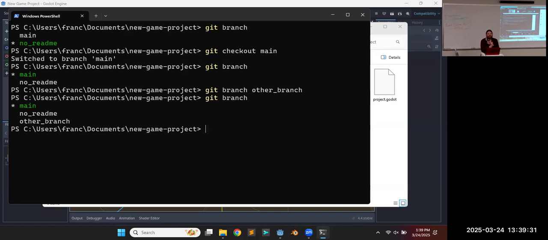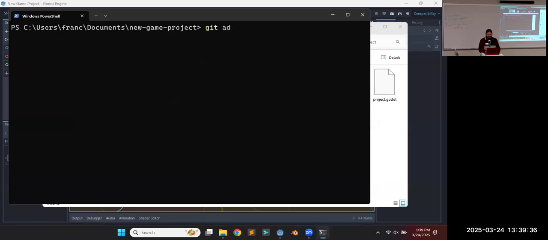So add will stage all your files. And then usually easiest just use the dot operator. Once we stage the changes, commit the changes with some meaningful message so you can keep track of it, because the IDs are a long string of hexadecimal numbers. Now after you've done so many changes,